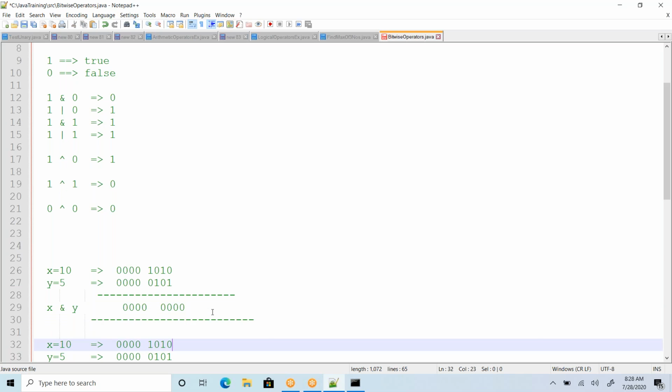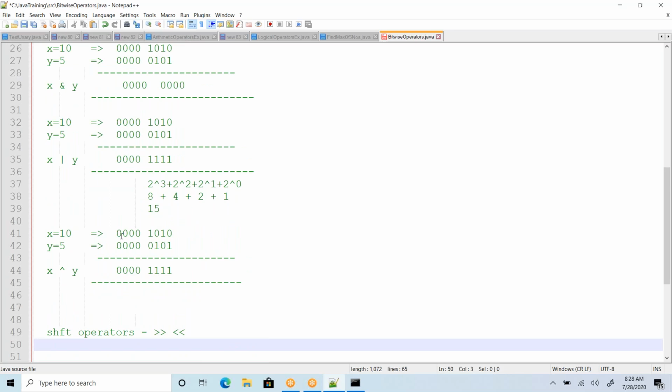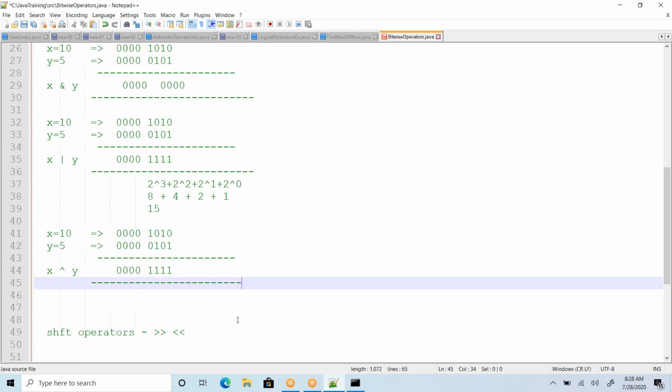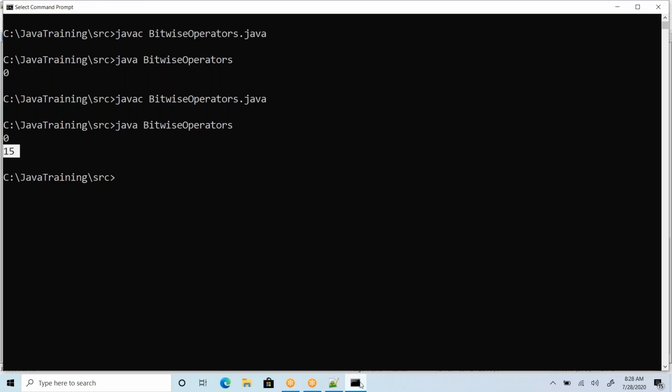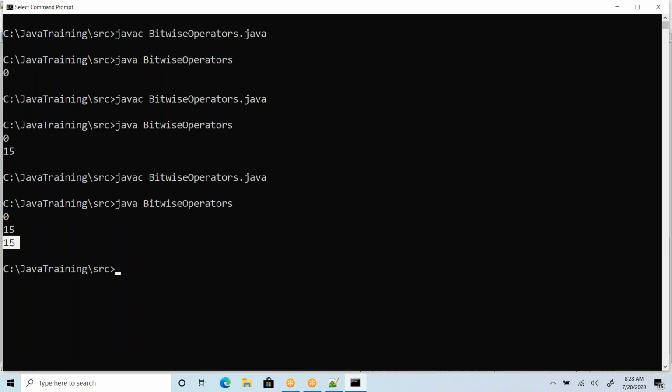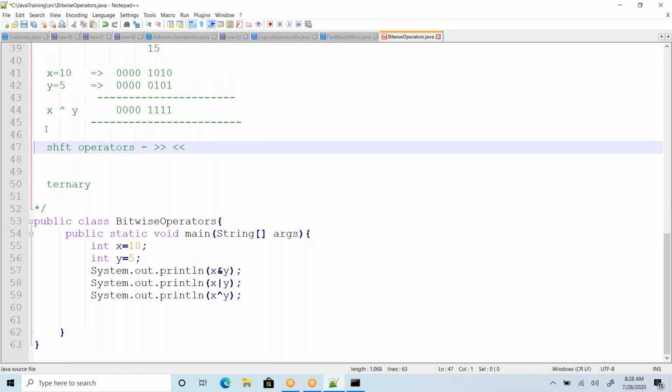That's how it works. Now if you see here, with exclusive OR all these bits are the same, so zeros. These bits are different: 1 0 1 0 1 1 1 0 1 0 1 1. So exclusive OR and OR in this case would be the same, but they don't need to be the same always. Go back here and see the output. So 15. That's how it works. The bitwise operators work in this way. It's simple.